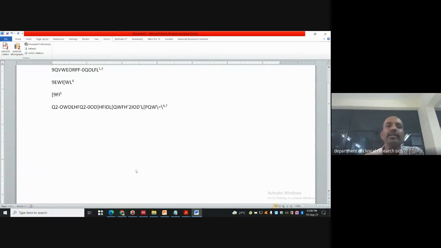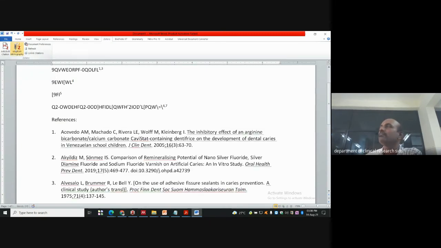After completion of your article, I want the bibliography to be there. So here, add bibliography is there: add citation, then add bibliography. I have clicked here, then I'll write References. Double click. A spelling mistake is there; you correct it with the right click. Then wherever the cursor is, you are going to add the bibliography. Yes, so automatically the bibliography has come.